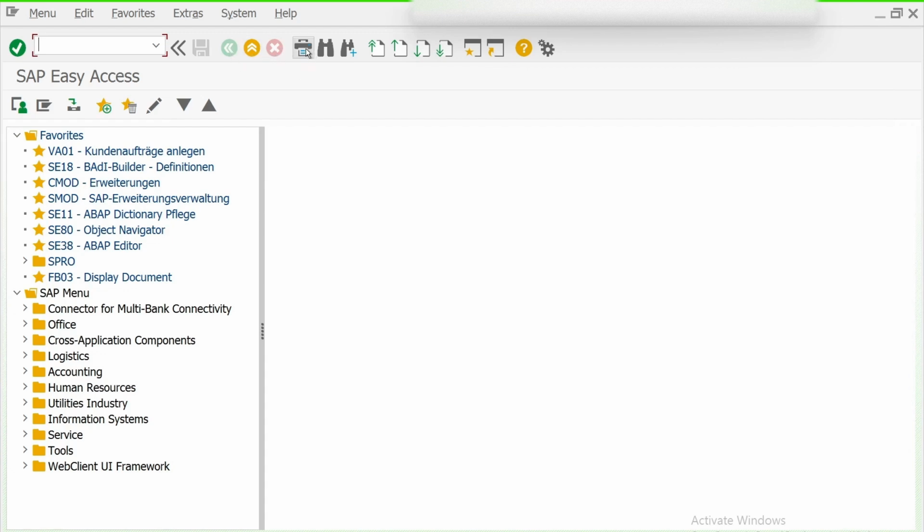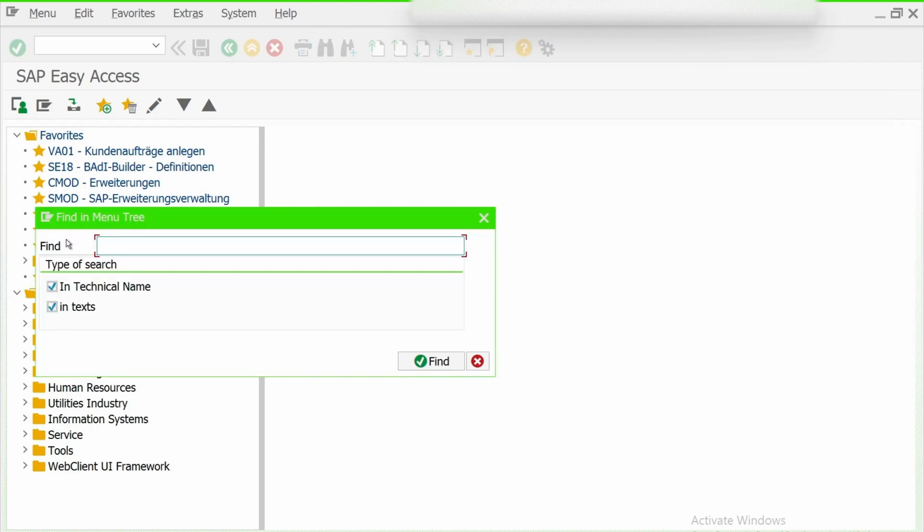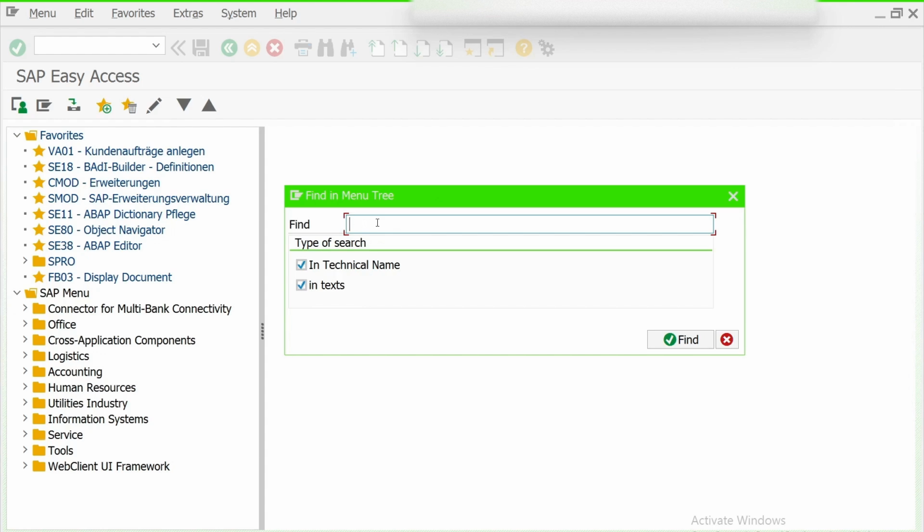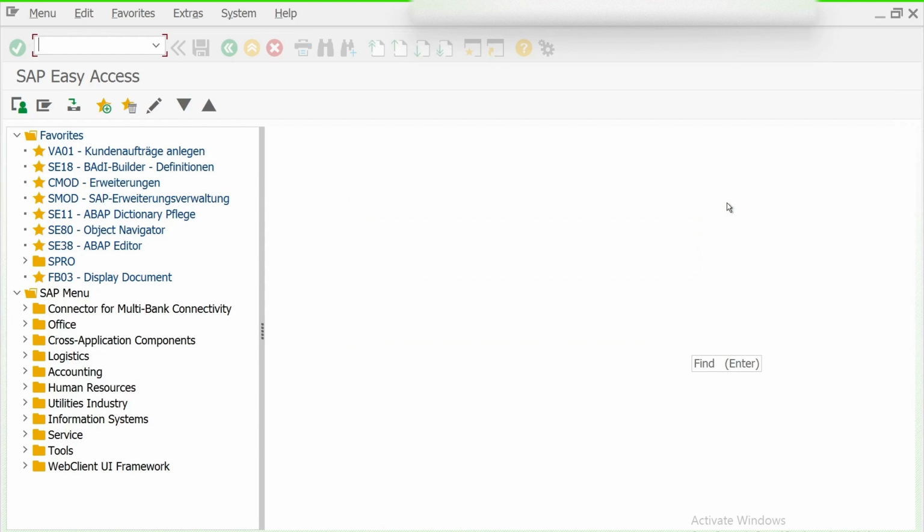This is regarding the print, not of much usage. And this is used to find any data in the report. If a report is opened and you want to find something, just click here. You will see this pop-up come up. You can type whatever result you want, then you can check. And this particular icon is the find next.